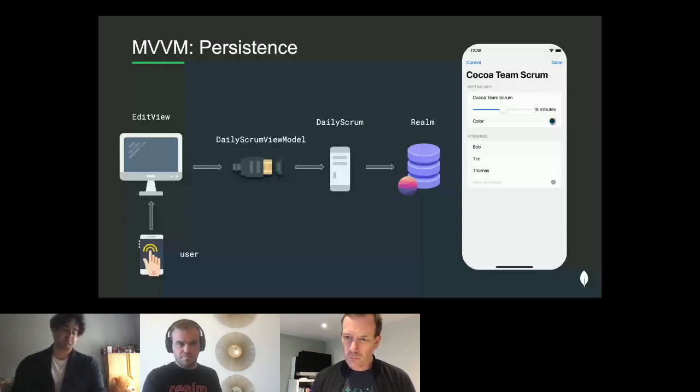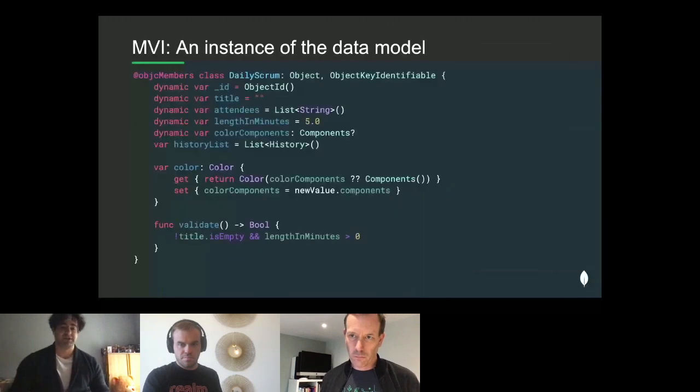So MVI, what is your presentation layer? You know, there's no VM here, there's no extra letters in here, so what do we actually do? In MVI, the presentation layer is an instance of your data model. It is an instance of these simple structures, right? So in this case, this is the actual daily scrum model. You can see on here the color thing that I was talking about before. This color